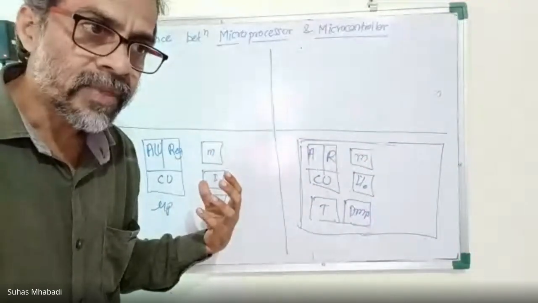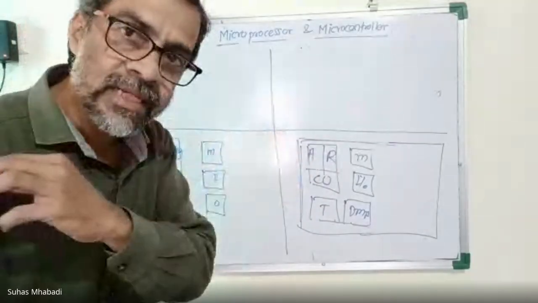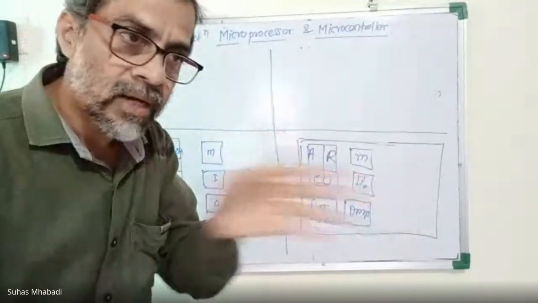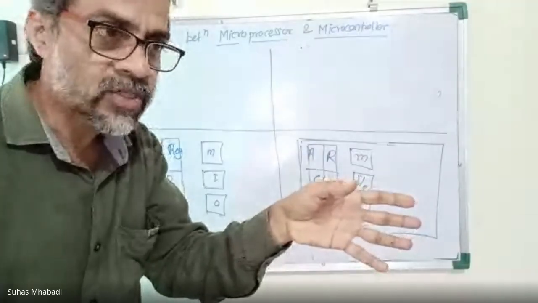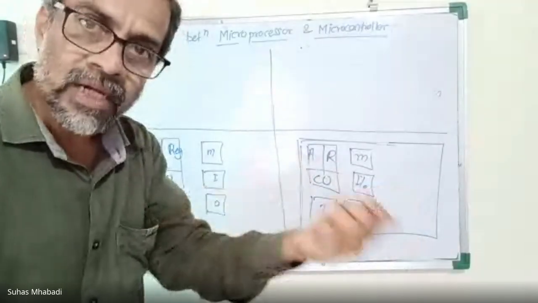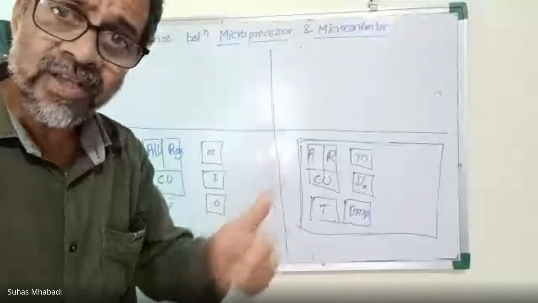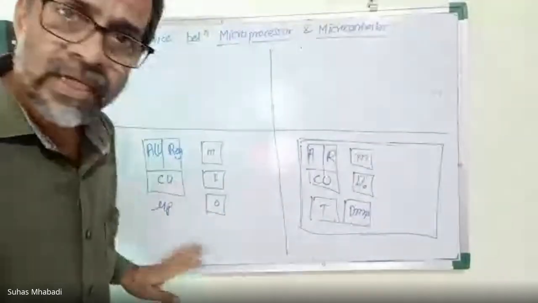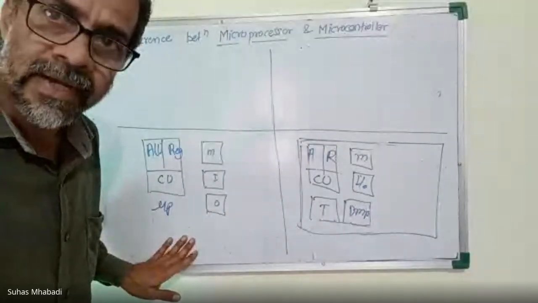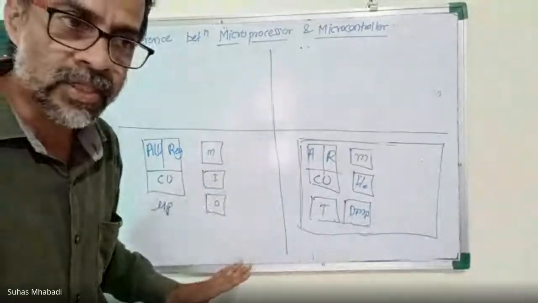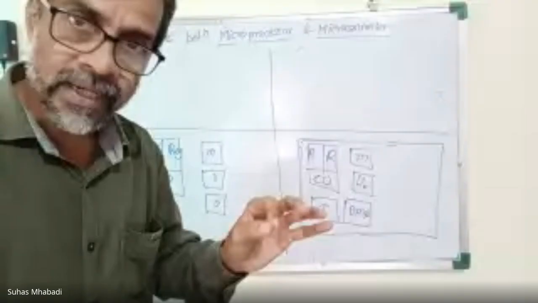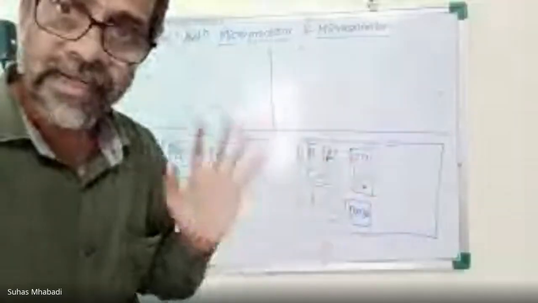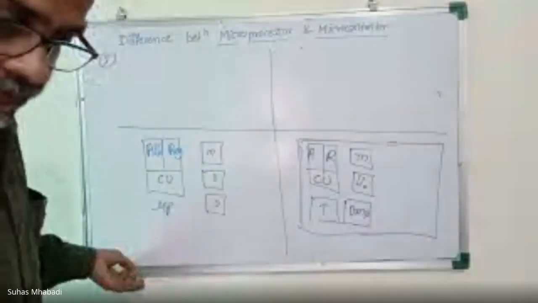So when outside signals are to be fed into the microprocessor-based system, I must convert the analog signal to a discrete form, and for that I require an ADC. So in this kind of system built with the help of a microprocessor, we definitely require the ADC to be connected separately. So the difference is